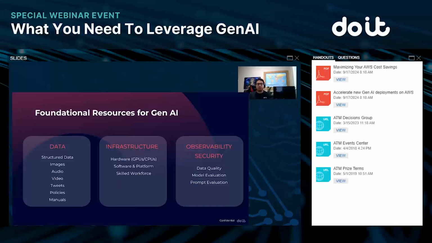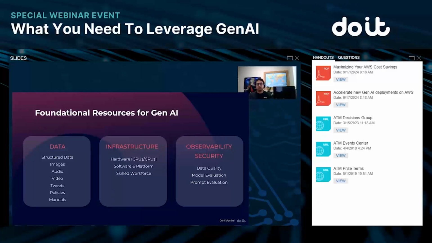The same goes with GCP Vertex AI Studio. You're using the GenAI models as an API. So you have these managed services, which are great. You don't have to worry too much about infrastructure, but you do need a skilled workforce, knowing how the GenAI models work and what some of the parameters mean, so you can look at what you're looking for. Those are things that someone needs to know. Some of the latency.